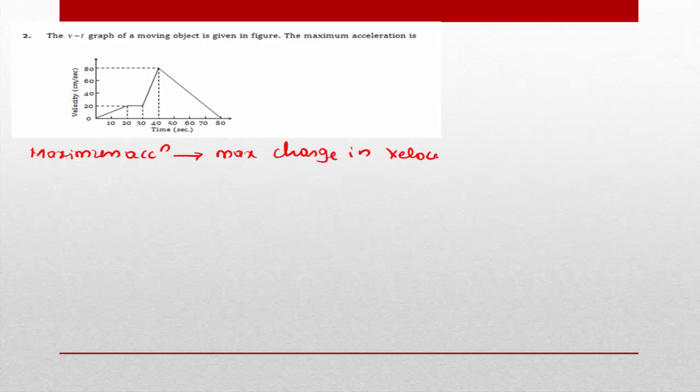Maximum change in velocity in minimum time interval. Maximum acceleration means maximum change in velocity in a minimum time interval. How to calculate here? The minimum time interval, the maximum change in velocity in a minimum time